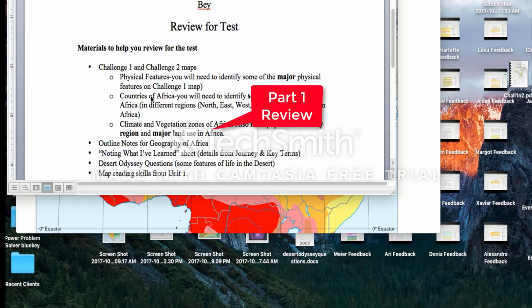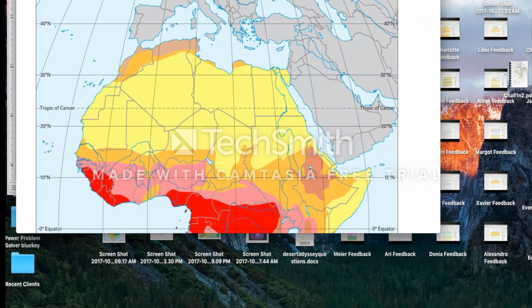People, so this is part 1 of your weekend review. And I'm just going to go over this first section right here. So let's start off with challenge 1 and 2 maps and what you need to know for the test on